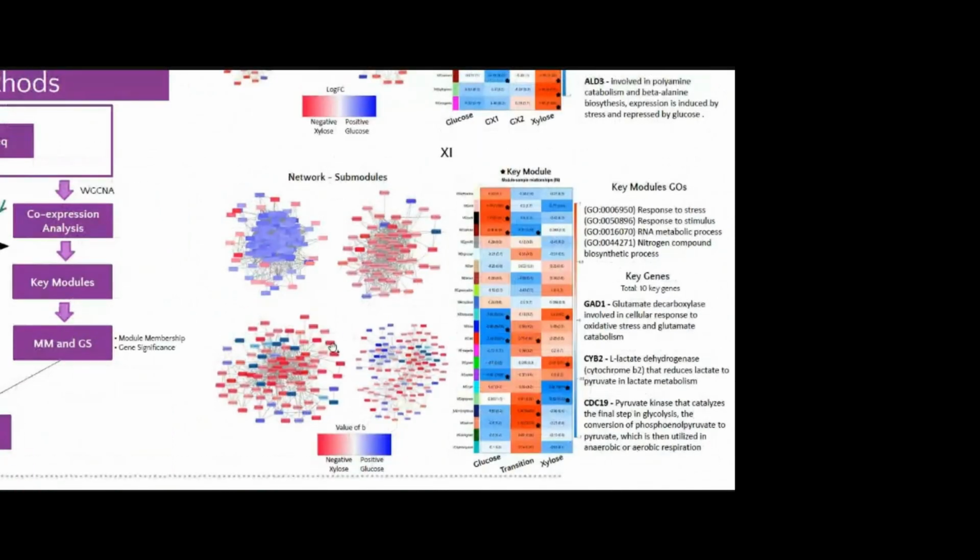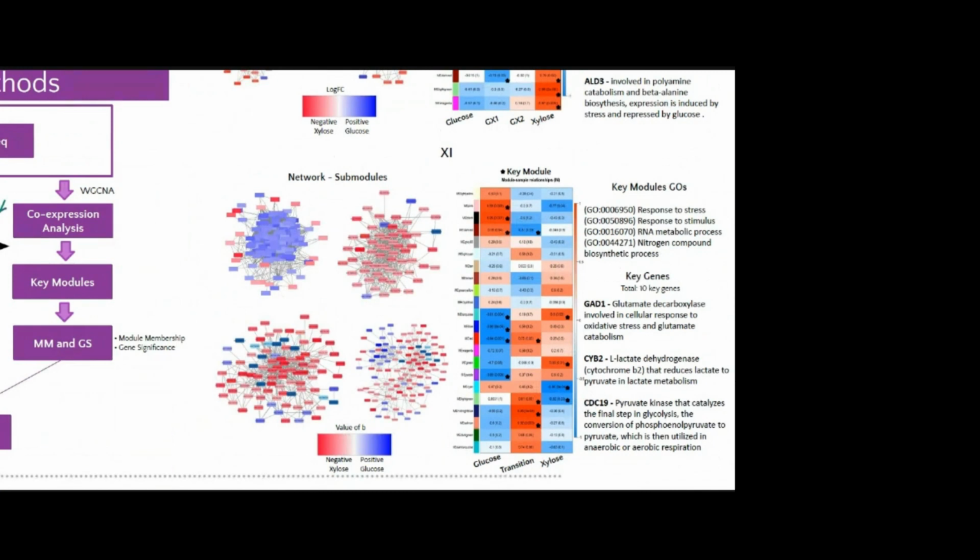For the XI results, we found 9 submodules using ENCODE, and here we have the main 4. Here again, we have the heat map with the module sample relationship and the key modules marked with the star. And we have the key genes. We found a total of 10 key genes, and I chose the main 3, which are